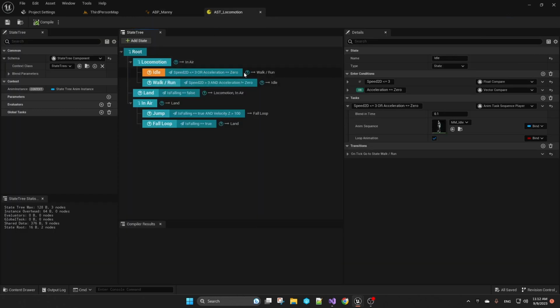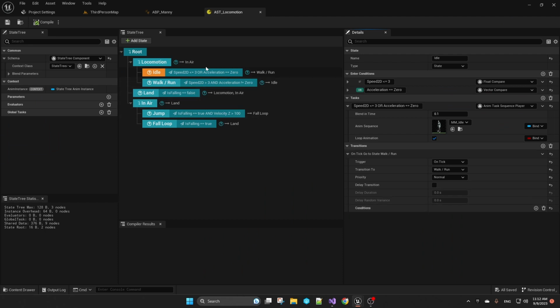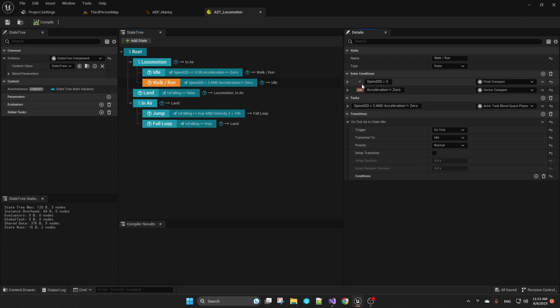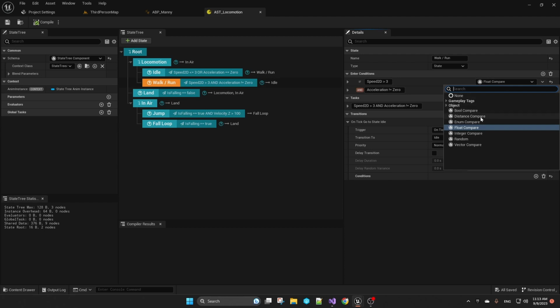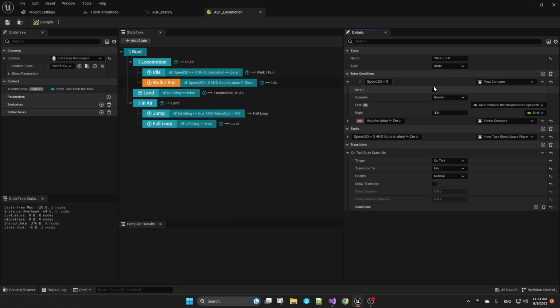So from idle to wall run you can do the same, but with a transition on tick it will try to go to wall run, and the condition to go into the state is not in the transition itself like it is here. You can do it here, of course, but I think it's more organized if you put it here. In the state you have these enter conditions. This is the task itself, but the enter condition has these conditions that you can choose from: bool, distance, all sorts of stuff. And in this case this is a float compare,